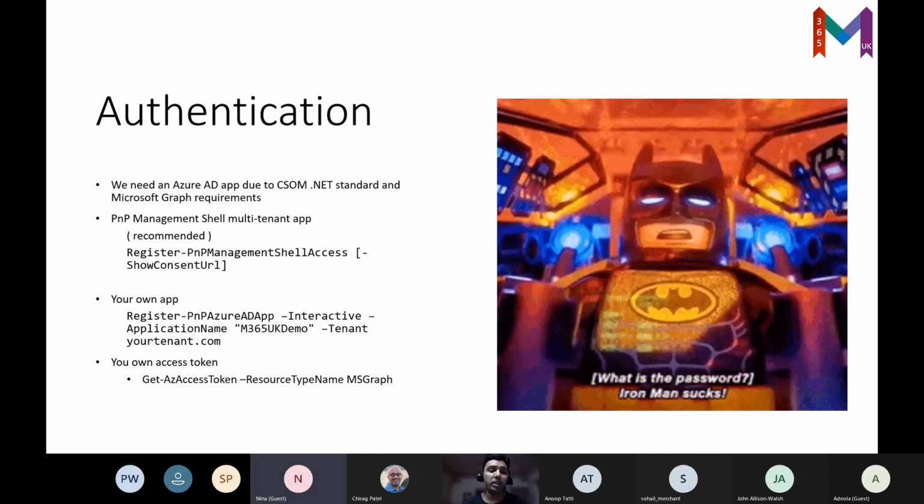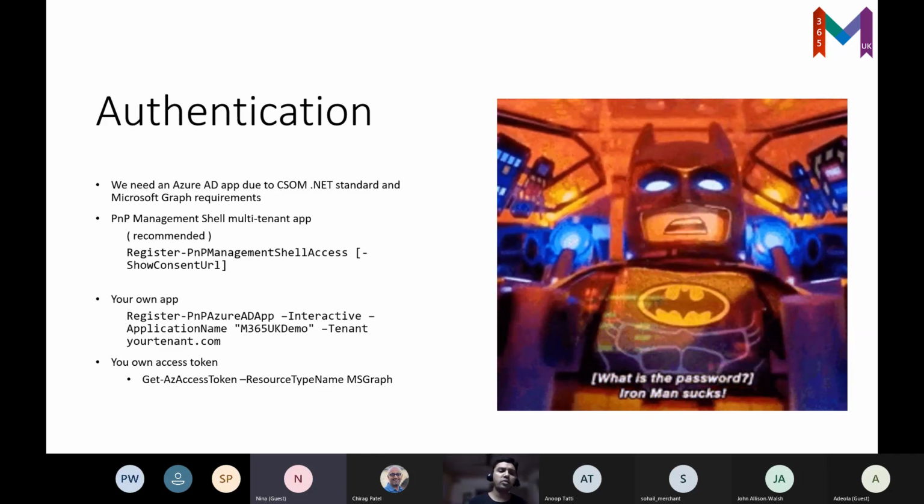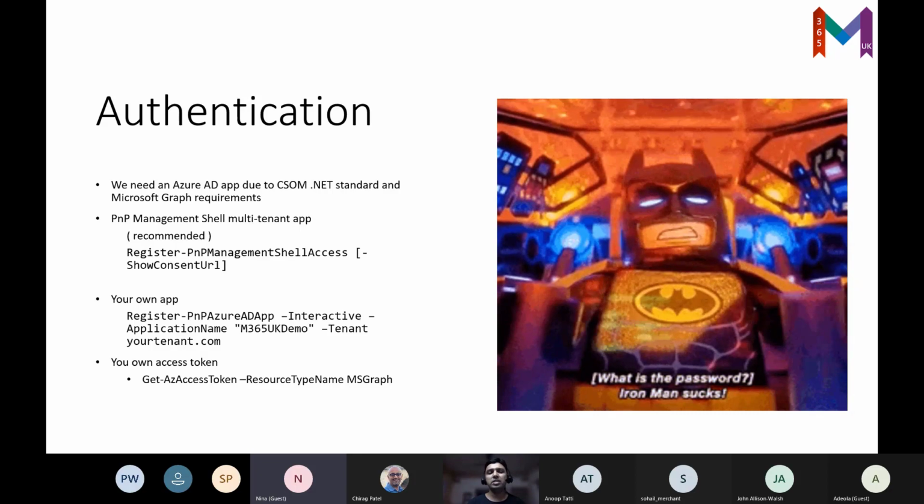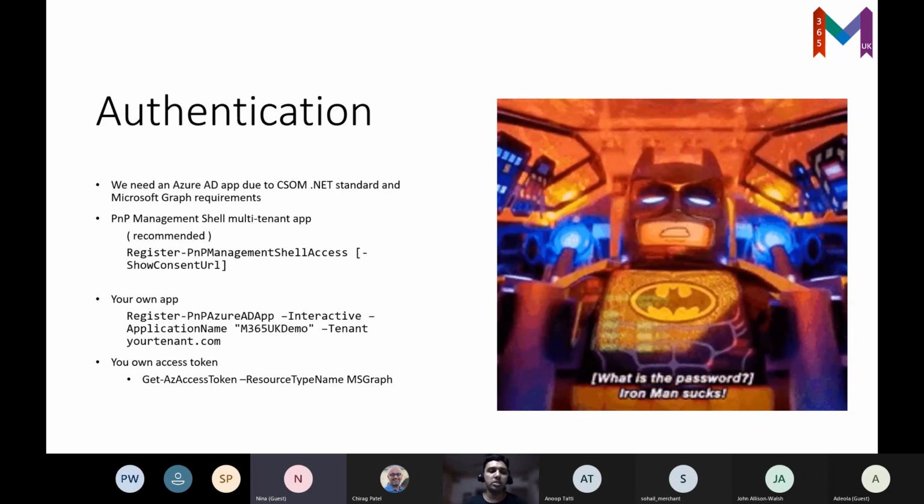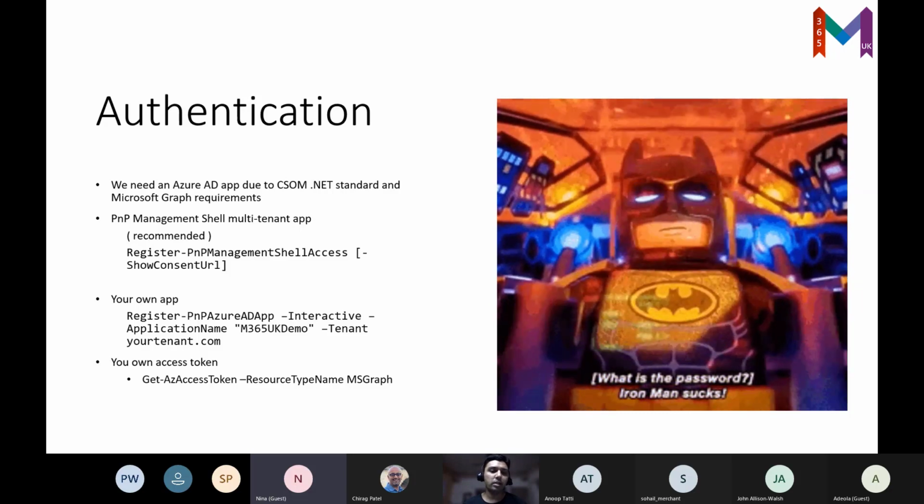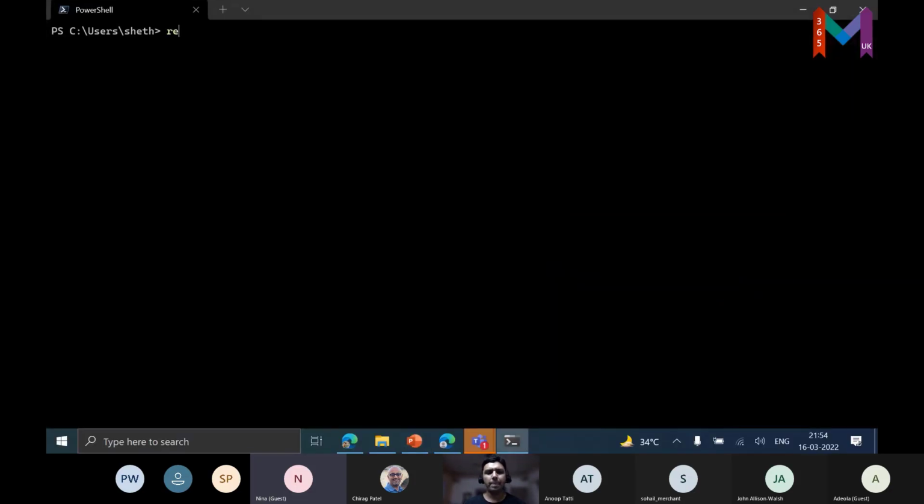I can show you how we can do that. So I highly recommend the usage of PnP Management Shell. It's a multi-tenant app, and it requires only some delegated permissions here. So let's quickly check the demo here. I already have it installed, so